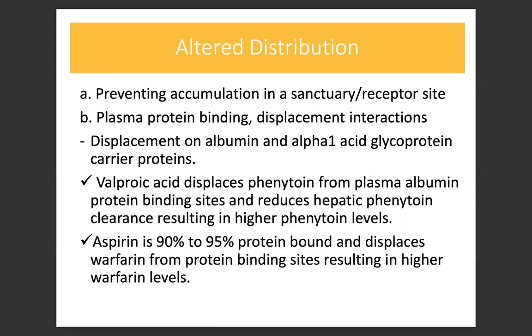So valproic acid displaces phenytoin from plasma albumin protein binding site, so competitive inhibition, and reduces hepatic phenytoin clearance, resulting in higher phenytoin levels. Aspirin is 90 to 95% protein bound and displaces warfarin from protein binding sites, resulting in